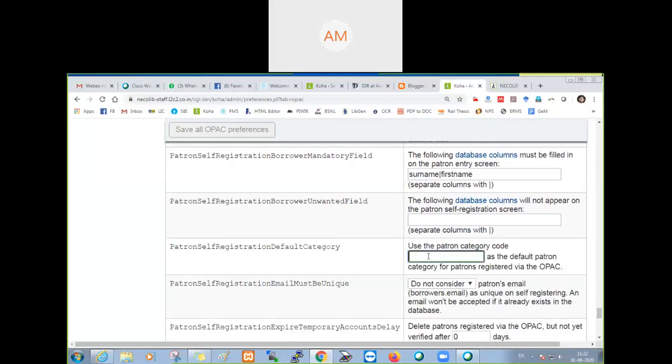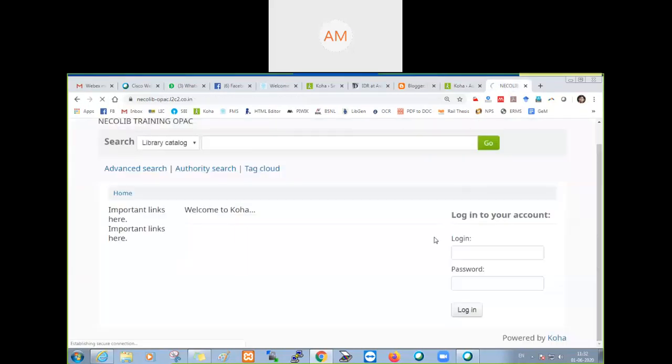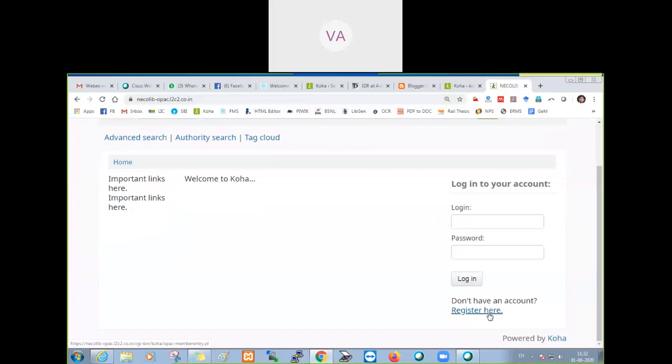I am giving TRN. Hitting save. Now I'll refresh. Now you find the register button is here. Could you find the register button? It's visible. Register here.